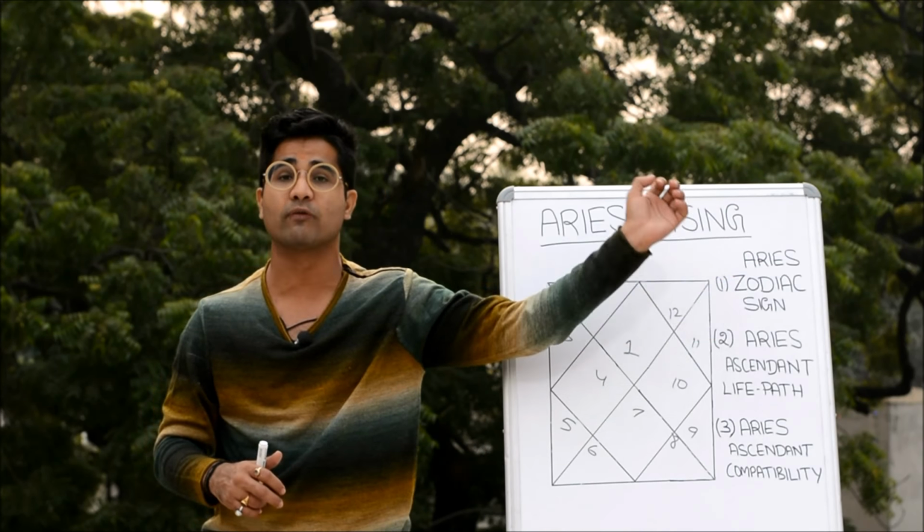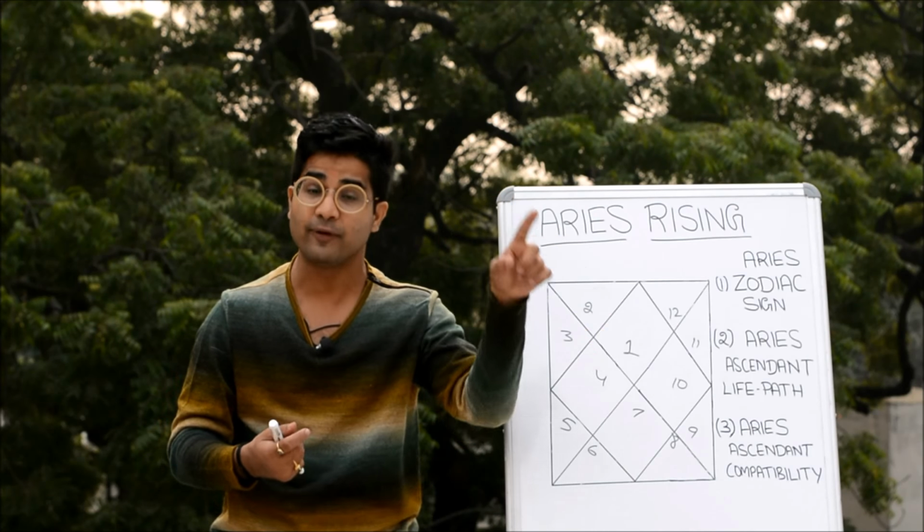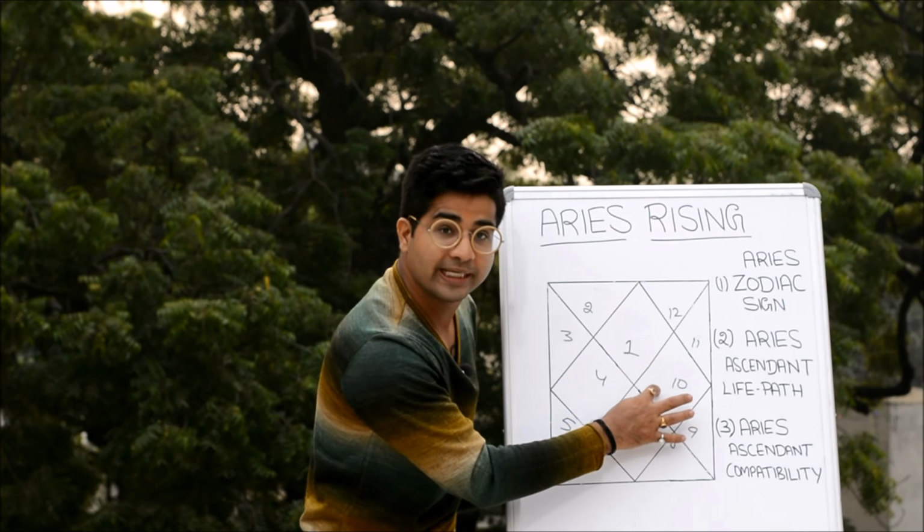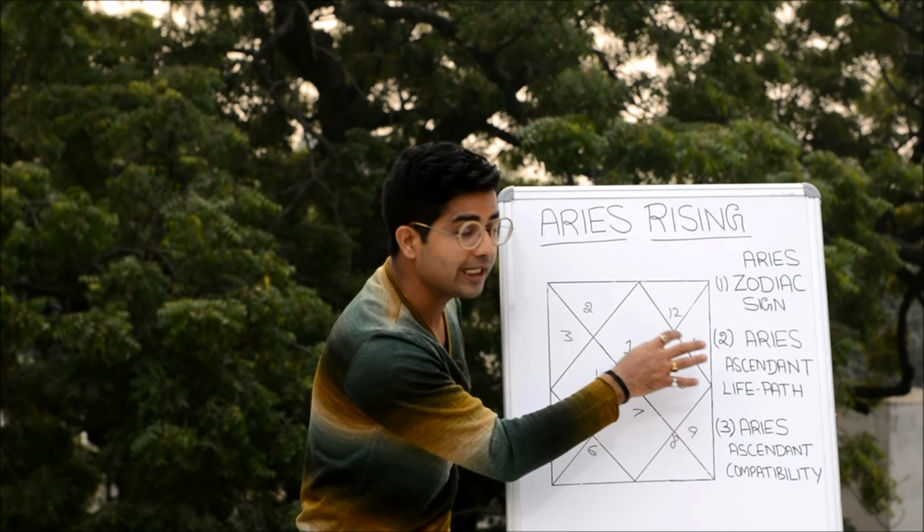The good qualities of the Aries sign are that they are rulers, they are energetic, they are helpful. But the negative qualities are, first of all, egoism and high anger. So all these are the qualities which we can expect in their life, as well as coming in the way of getting success and getting along well with other people, because they want this kind of respect. Wheresoever they are going, they want people to recognize them and give respect to them. So this is something about the basic life path of an Aries rising sign.